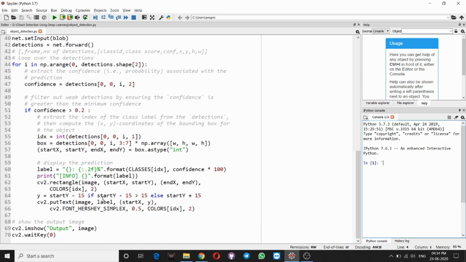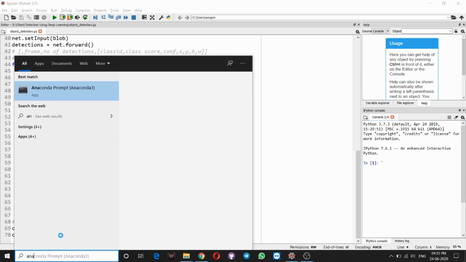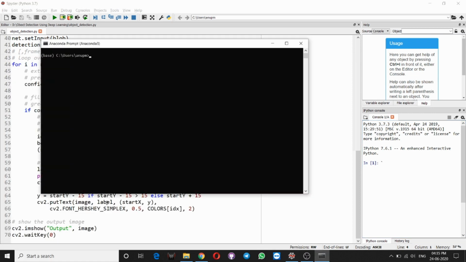After the for loop ends, we will show our image. For this we use cv2.imshow and pass the image to it with a string output, and cv2.waitKey equal to 0. So let me run this code and show you. I'm running this code in the Anaconda prompt because I'm using Anaconda virtual environments.